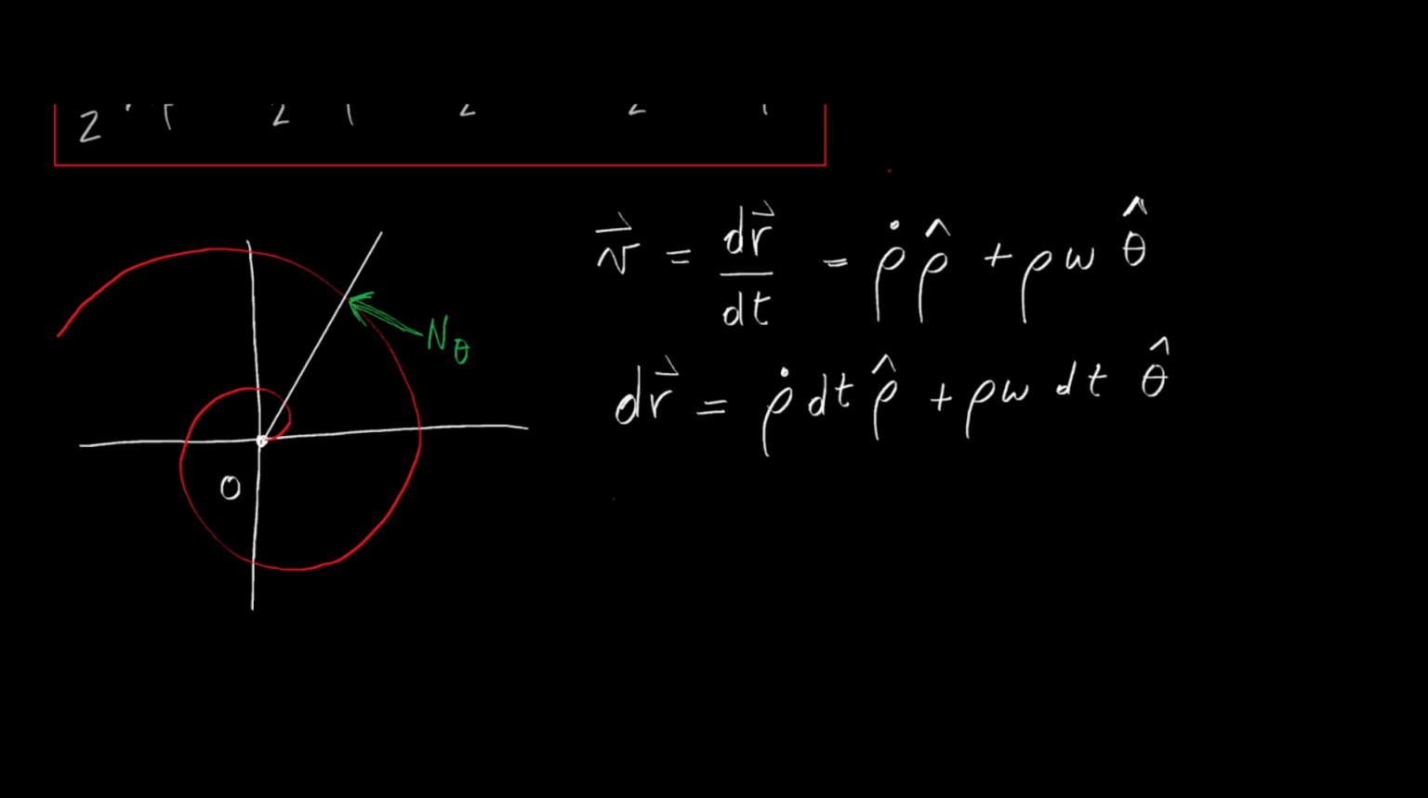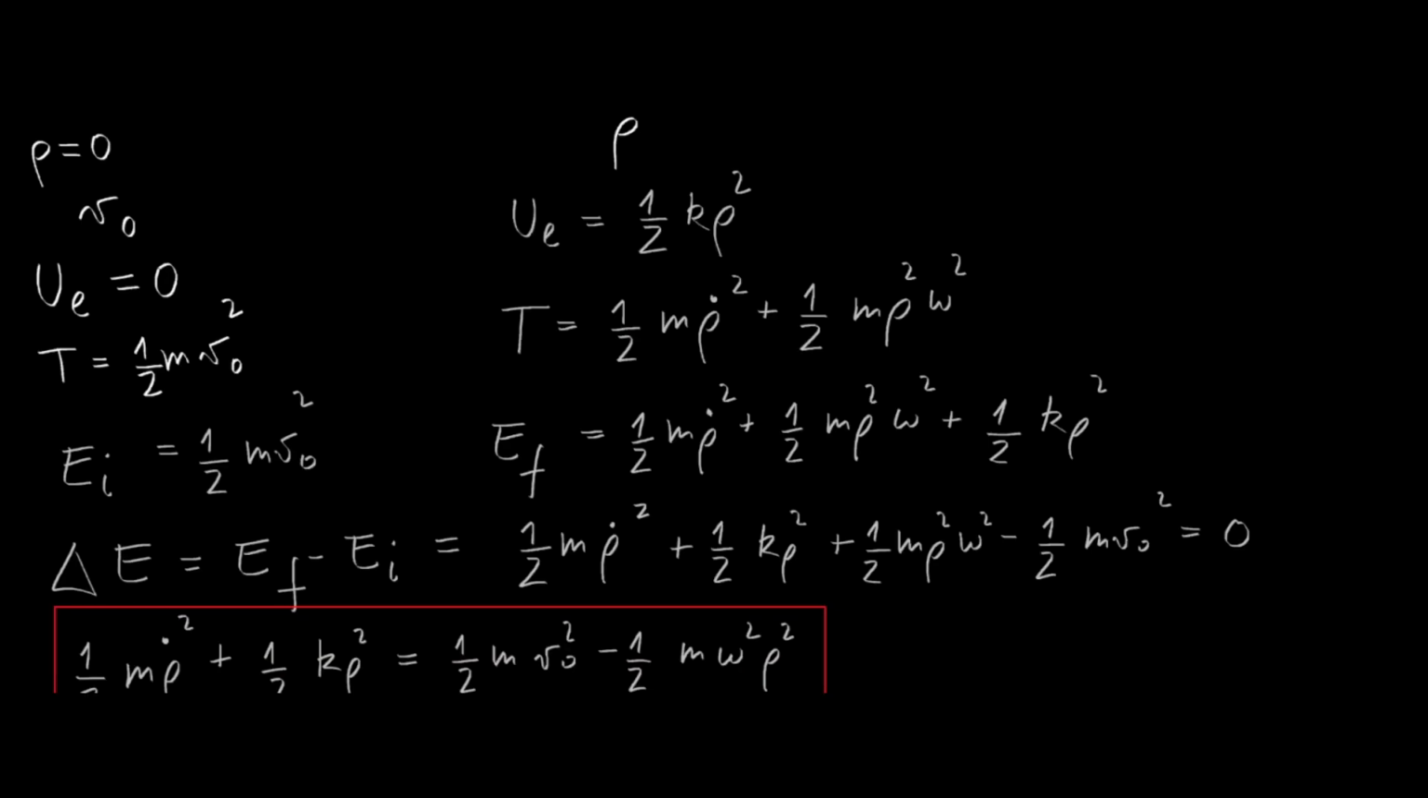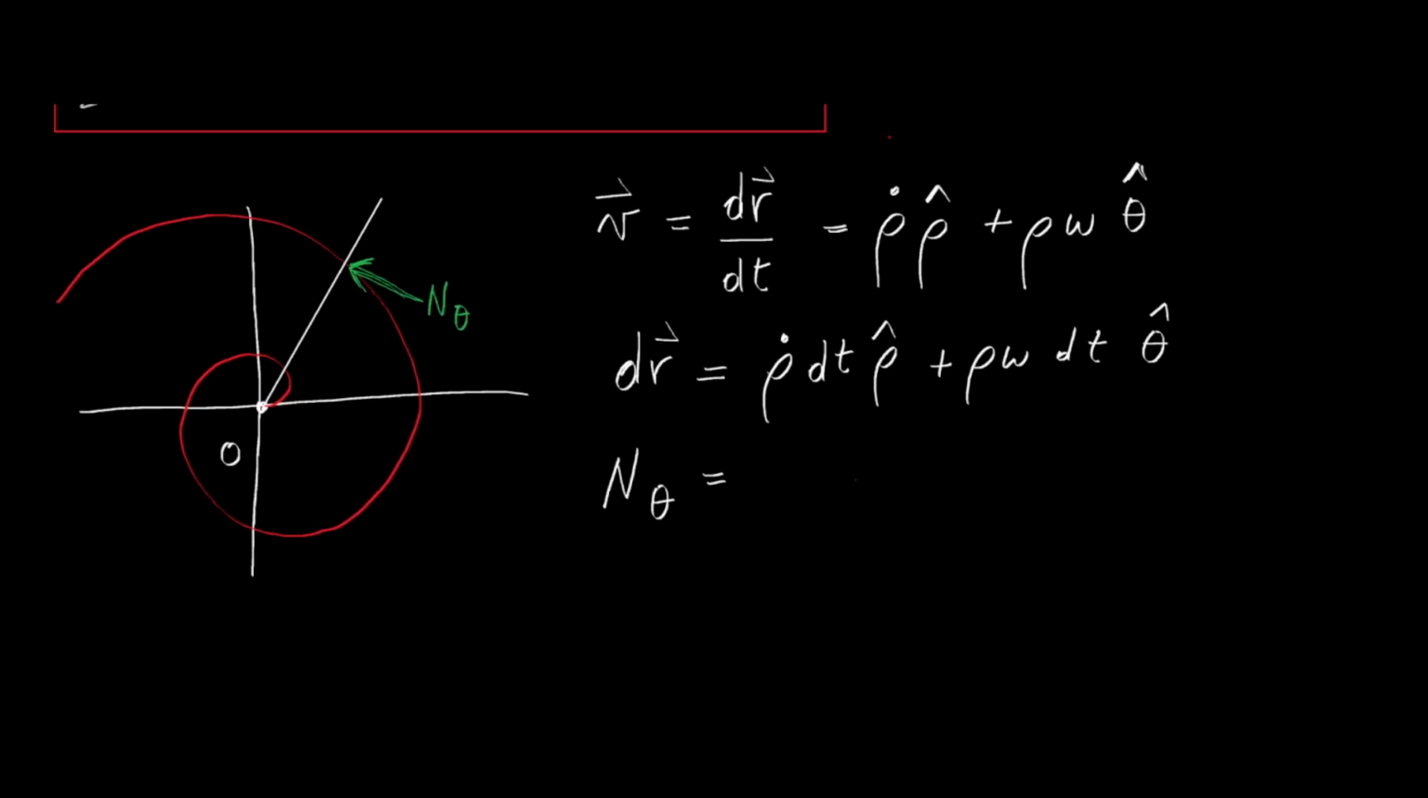And I will write again here the second equation that we obtained from Newton's second law, this equation in the transversal direction, which says the following. It says that N_theta is equal to 2 m rho dot omega in the direction of theta hat. These two equations, these two expressions mean the following: the normal N_theta and the elemental